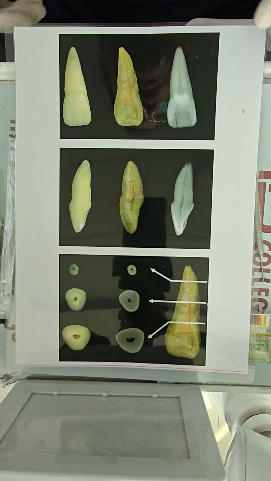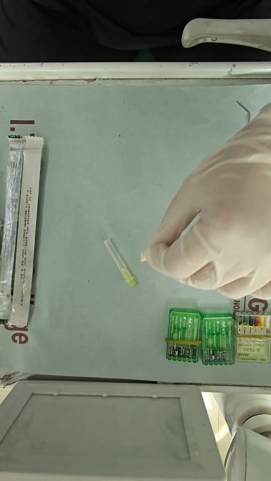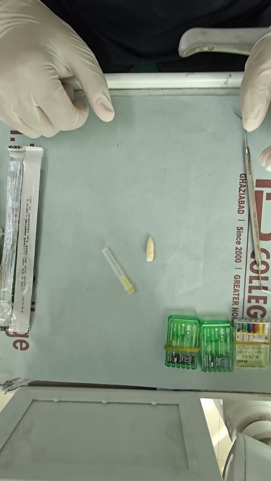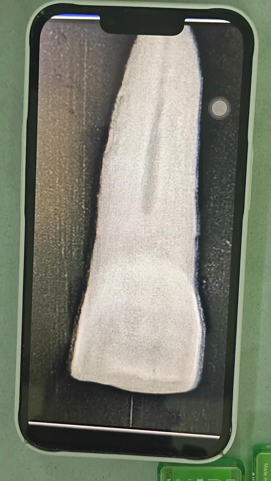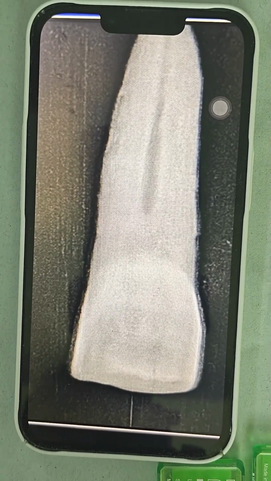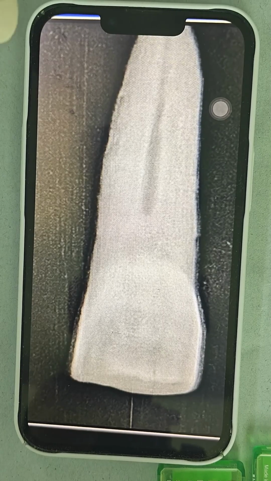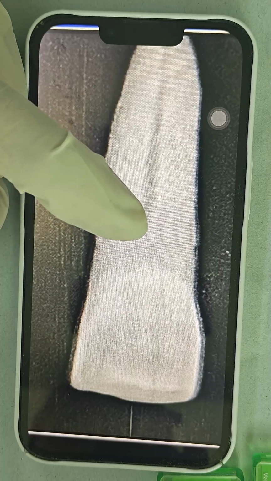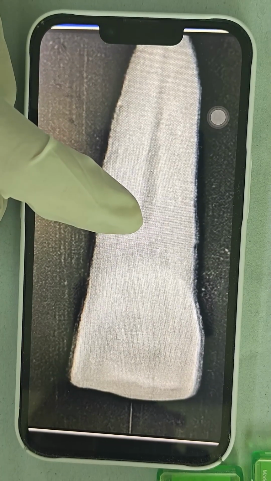I'm going to discuss first about the access opening. So let me show you the tooth that I'm going to work on. This is the central incisor. This is the tooth that I have chosen for my root canal exercise. The reason for choosing this was that you can appreciate the canal only below the CEJ. So it's going to be a little complicated case.